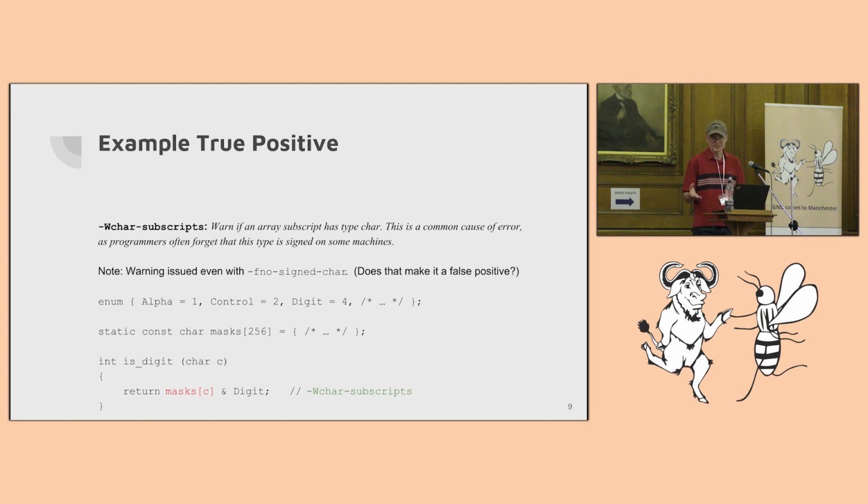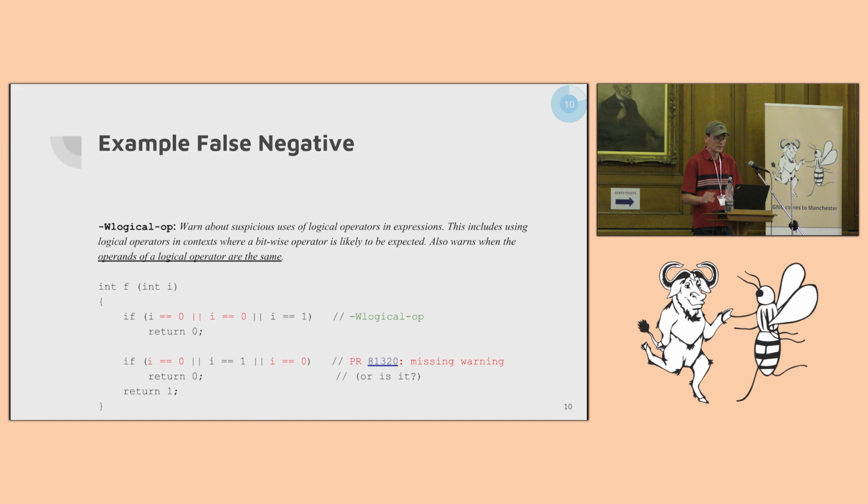Well, it depends. Coming back to my previous slide, it really depends on the definition. According to the definition, it's not a false positive. The warning is justified. According to your view, if you're targeting a machine with your software that has unsigned characters, then this warning is probably not going to be terribly useful. You might consider it a false positive. You don't care if you're not targeting machines where chars are signed. So it does depend on how the rule is defined, and on your personal view.